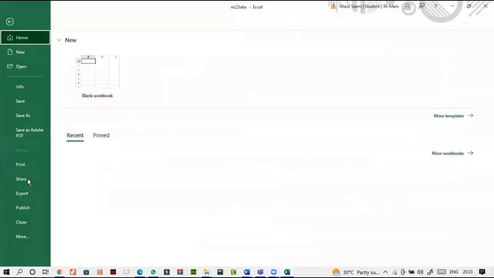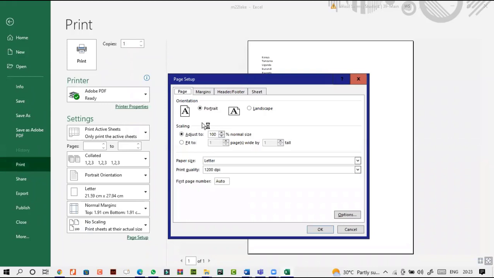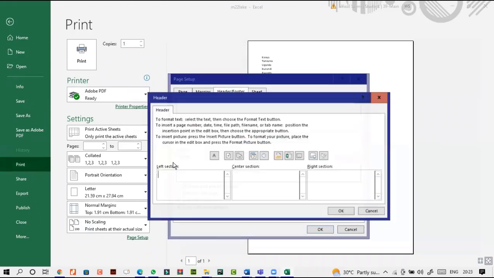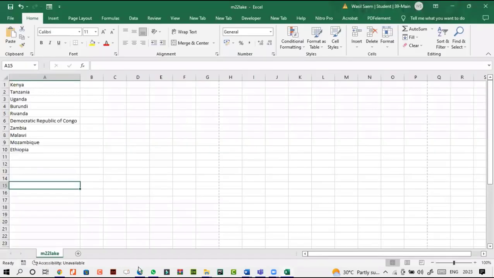So obviously I'll come to File, I'll come to Print, I will come into Page Setup, and you do Page Setup, Header, and Custom Header. In the left I want this, created by. And here I want this. Am I right? Yes. Okie dokie. Right, here we go. Next,